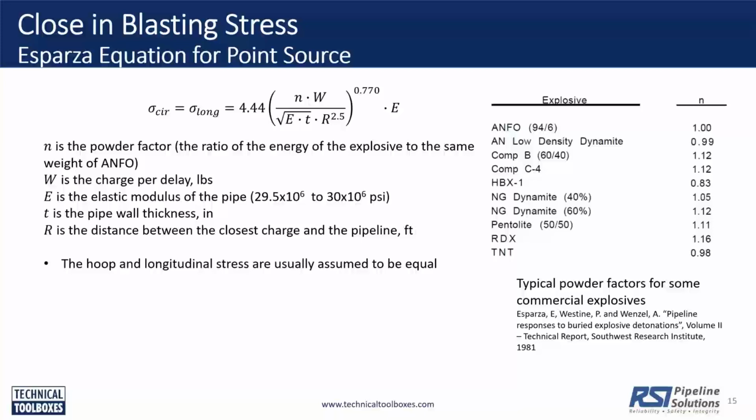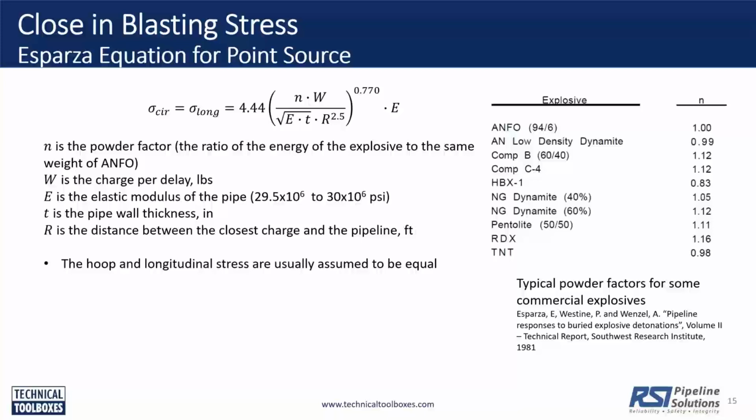for plaster or for architectural elements like masonry or brick. Pipe is much stronger than plaster, right? So it should be obvious that for pipe we need to have a different limit. And the question is, how do we determine that limit? The answer is the equation that you see on this slide. This equation gives you the amount of stress from a blast operation. This is the amount of stress in a pipe from the blast operation.